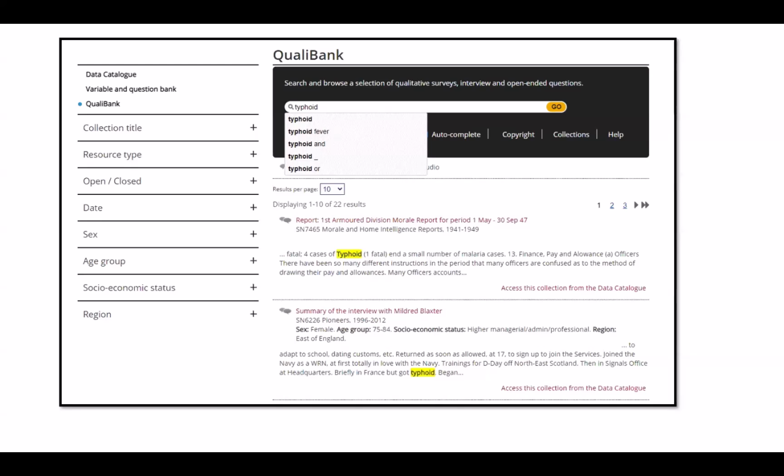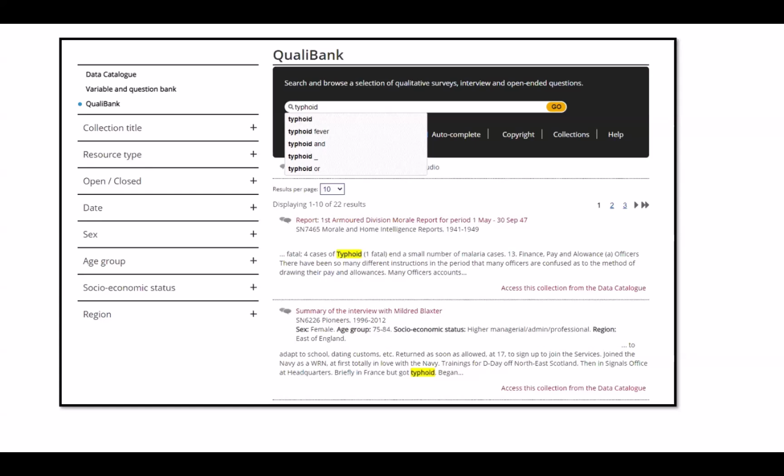And when I typed this into our data catalog, it didn't get any hits at all. But because this actually searches through the data itself, it'll scan through the transcripts to find where typhoid is mentioned. And when we do it that way, I got 22 results off of our